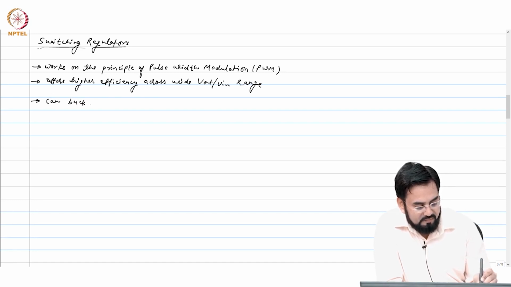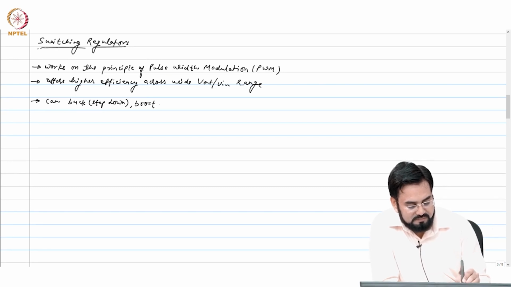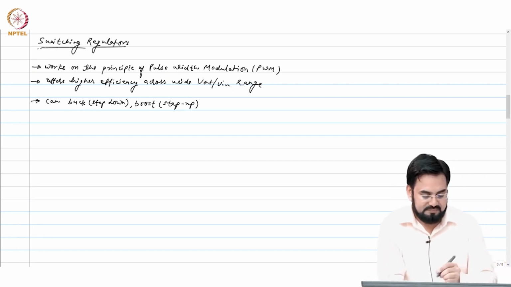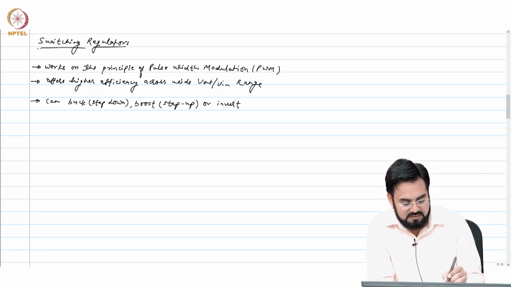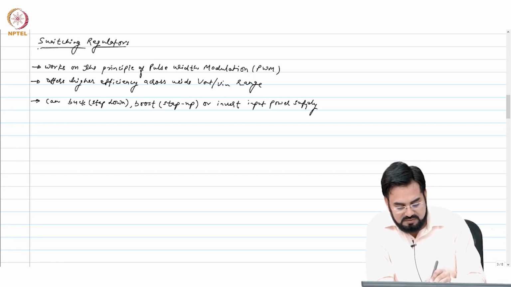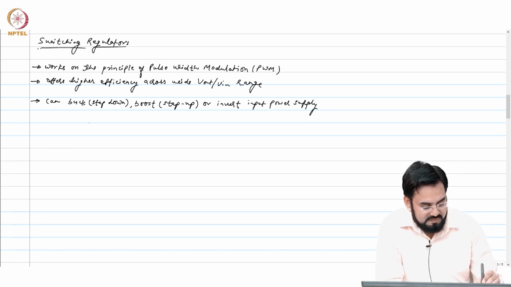It can buck, which is nothing but a step down, boost, step up, or invert, input power supply. Okay,